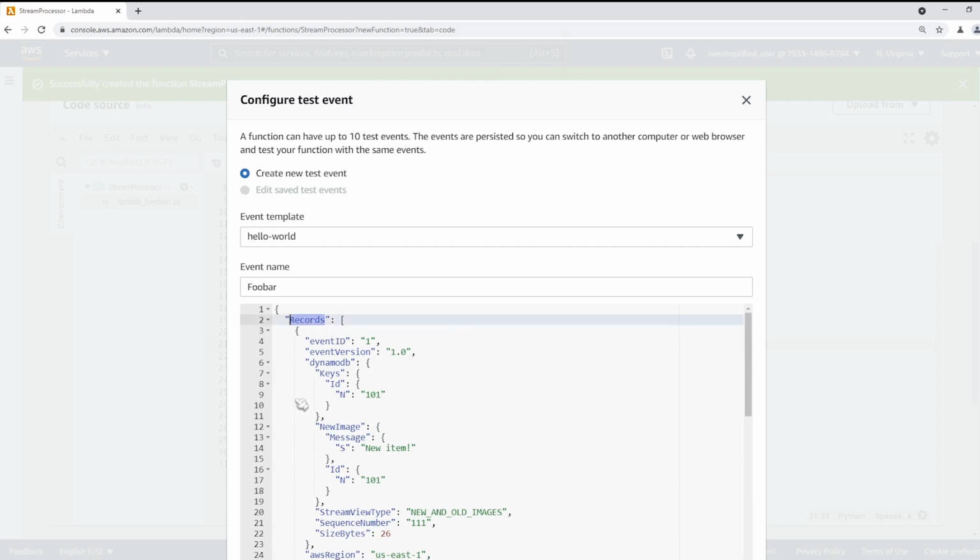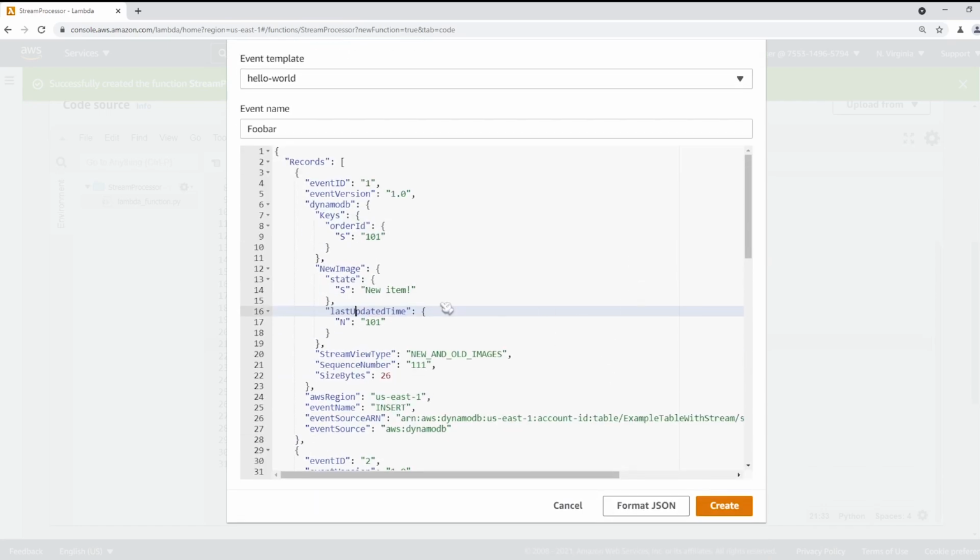There's a records key, and then inside each one, we have a bunch of different properties. And then you can see inside the DynamoDB key, there's keys, and then this is the name of the attribute. In our case, it'll look like this. It'll have order ID. This will be a string and whatever your order ID is. And then in the new image key, that's going to be where the other attributes are. So for us, there'll be things like state, and this will look like last updated time, right? Last updated time, of course. Remember to use camel case here.